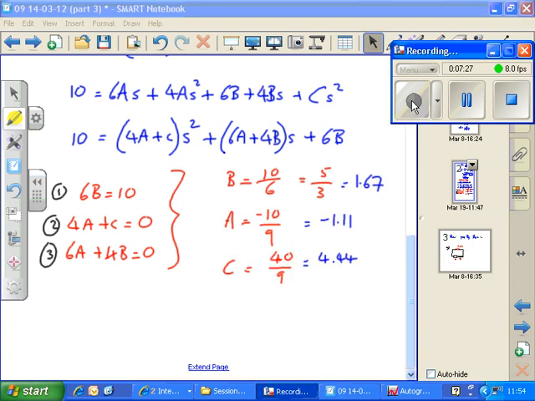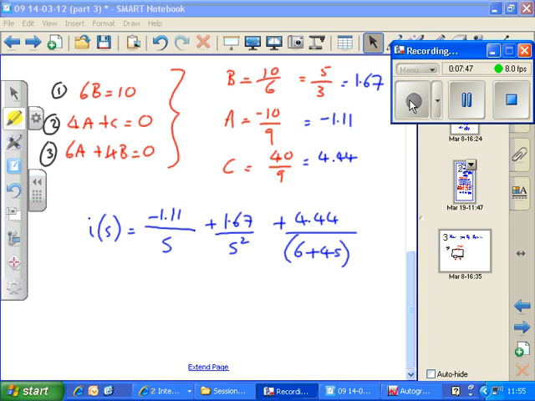So we should get these values for a, b and c. b equals 5 over 3, or 1.67. a equals minus 10 over 9, or minus 1.11. And c equals 40 over 9, which is 4.44. So now we put these back into the original equation. And writing that down, we get I equals minus 1.11 over s plus 1.67 over s squared plus 4.44 over